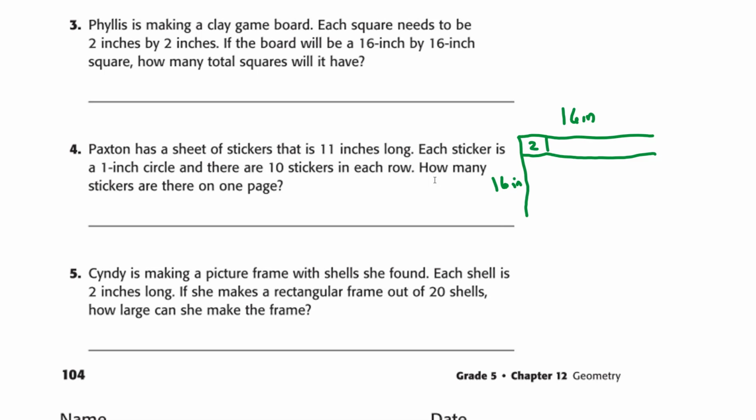And each one of them is 2. So 2, 4, 6, 8, 10, 12, 14, and then 16. I'm getting really careful because I don't want to run over. And then going down, 2, 4, 6, 8, 10, 12, 14, 16. And we could definitely fill them all in, guys, but we're not going to do that